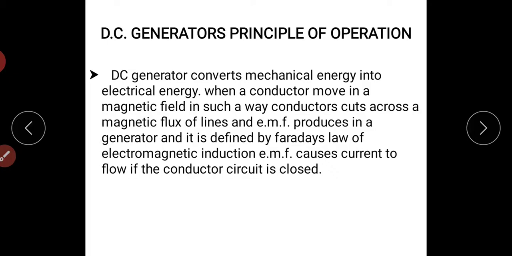In case of DC generator, the generated EMF is called dynamically induced EMF. Dynamically induced EMF means if we produce EMF by using rotating parts, then the EMF is called dynamically induced EMF. In a DC generator the conductors are rotating in a magnetic field, so it is called dynamically induced EMF. But a transformer is a static device. In a transformer also electrical energy is generated, but the transformer has only stationary parts. In case of transformer, the generated EMF is called statically induced EMF.